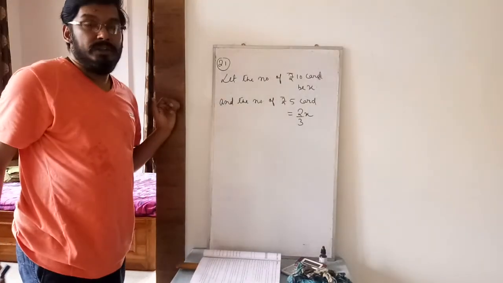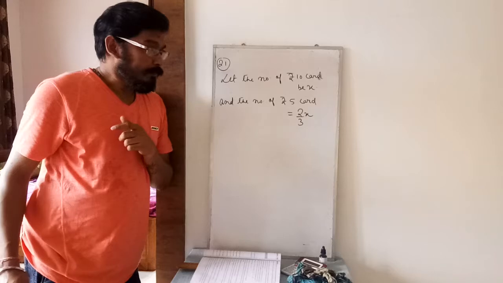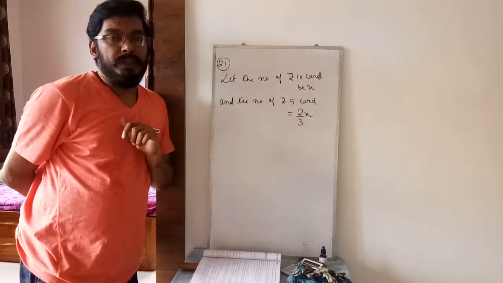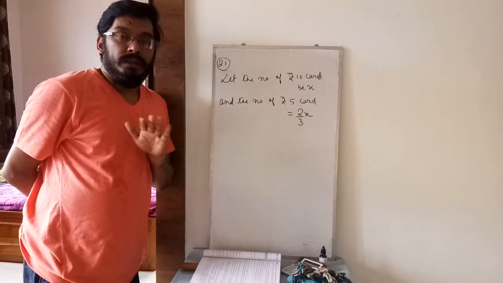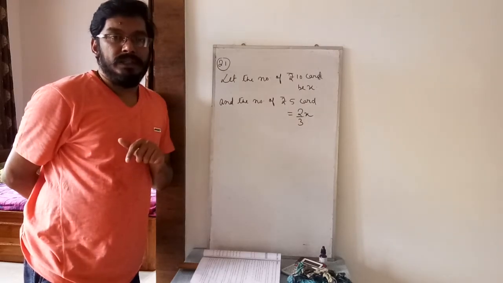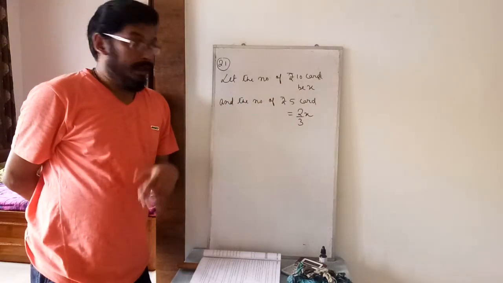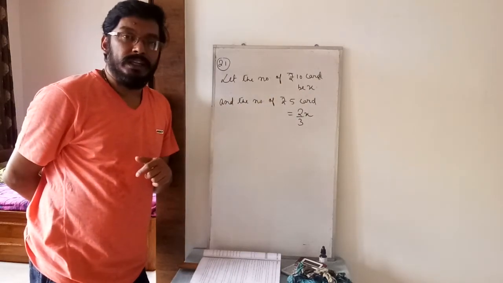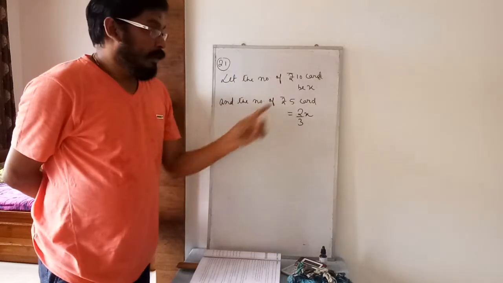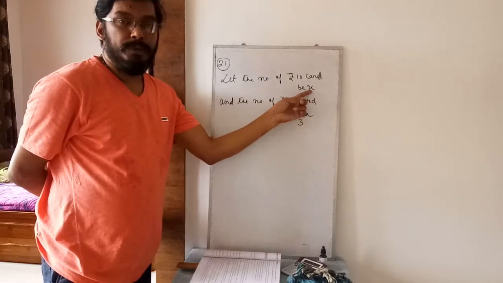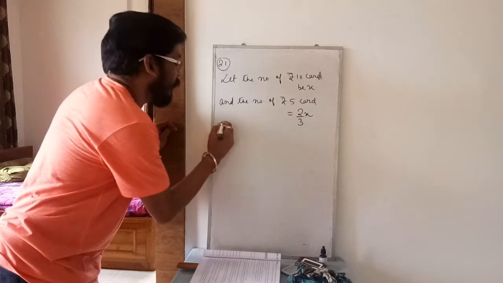I repeat again, Ranjana was given rupees 245 to purchase New Year cards. They did not mention how many cards she purchased for rupees 10, so you have taken it as x. But for 5 rupees cards they have given a hint: it is 2 by 3 of whatever she has purchased for rupees 10. So the number of 5 rupees cards will be 2 by 3 of x. Same way you can find out